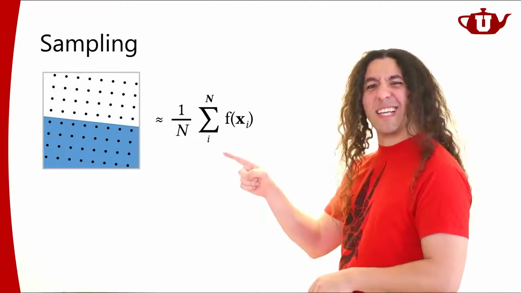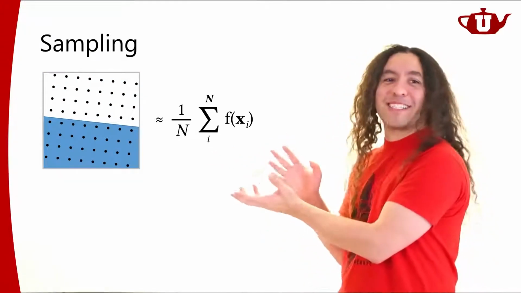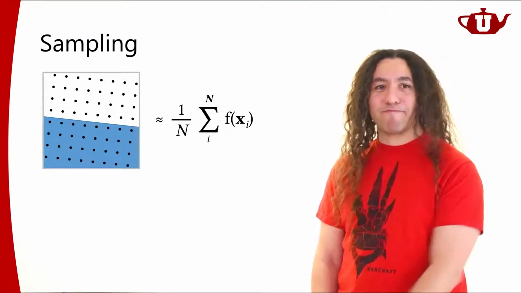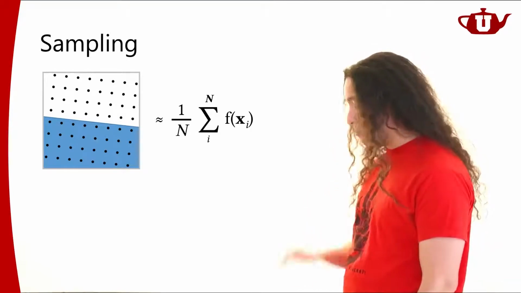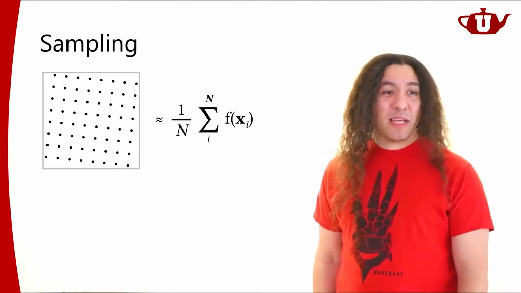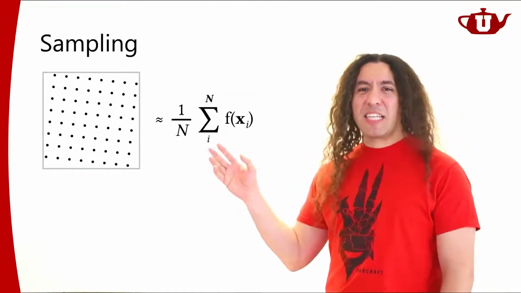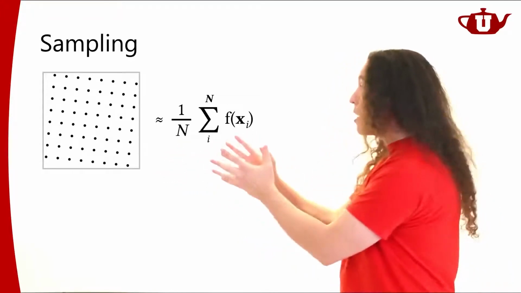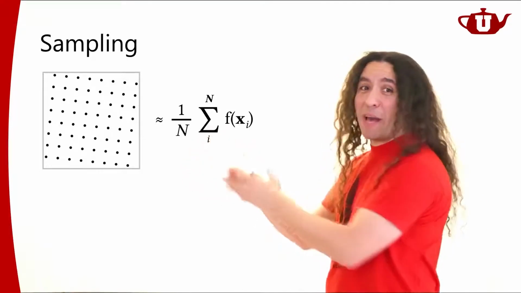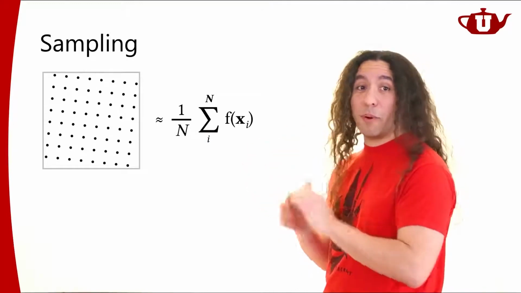Unless my edge is tilted just a little bit. If my edge is aligned with my sampling orientation, this is not going to do well. Okay, so rotating it didn't really solve all of my problems. What can I do? Well, ideally, I really don't want to have any recognizable pattern here, right? Because if I have a recognizable pattern like this, I'm going to have some edge direction where this pattern is going to fall apart.